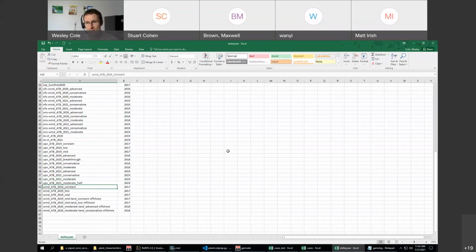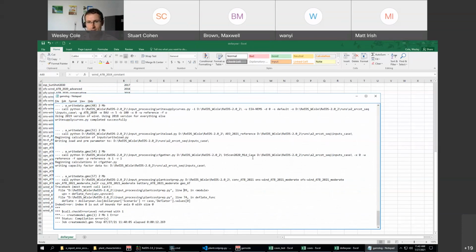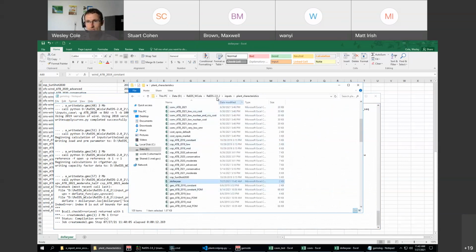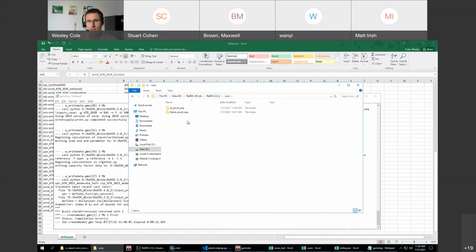As we hadn't done this, you can see that didn't create the file that we needed. It didn't create the outputs. It failed in Python in this write data step. And then we're able to see that in the GAMS log. So this GAMS log, a great place to see what happened. So the other place that you could look to, let me go back to this runs folder,